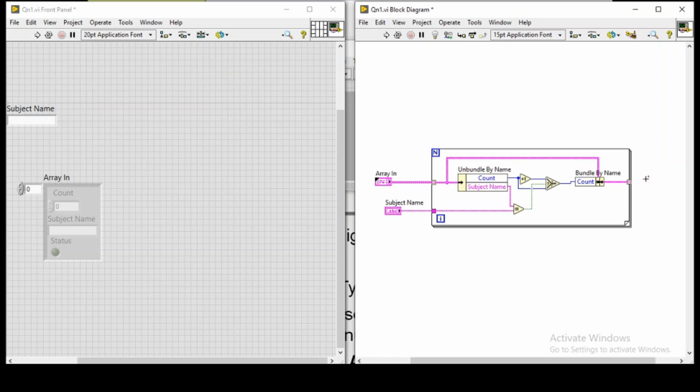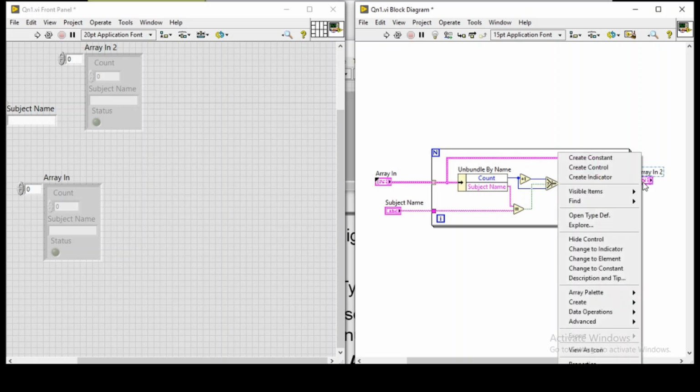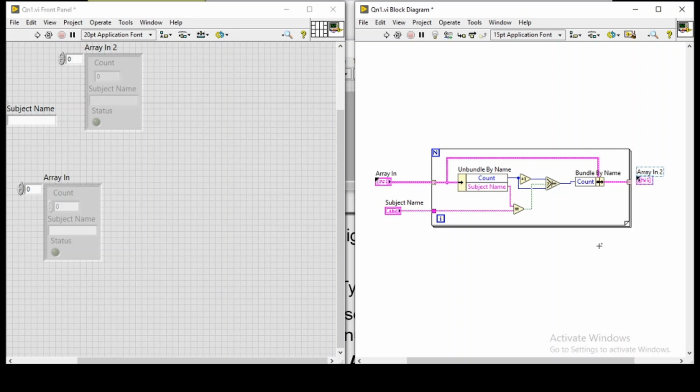Better you delete it and take a duplicate copy of this type definition, change it as an indicator, then you connect it and you change the label also. You don't want to get confused, so better you give it as array out. So this is the way to get it.